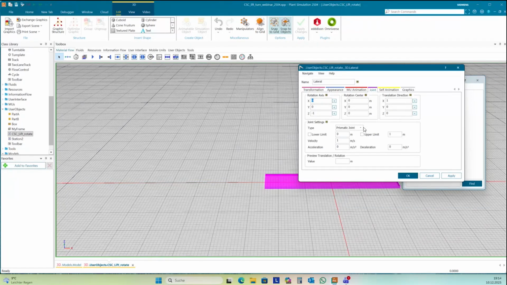This should be a prismatic joint. For rotation, we need a revolute joint. A prismatic joint moves in one direction. And we need to set here a translation direction. The first translation direction is along the Y axis.